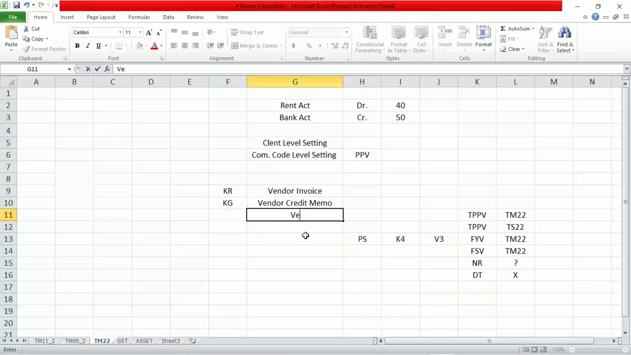If you post a vendor payment, we are going to use a document type KZ. Likewise, customer invoice, customer credit memo, customer payment. For that, we have to use document types DR, DG, DZ, right? So now,